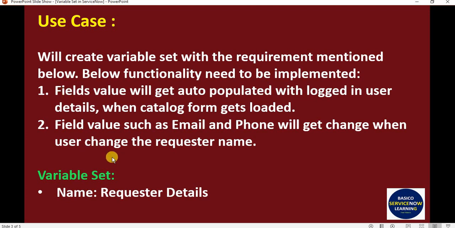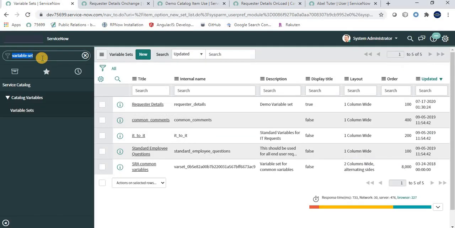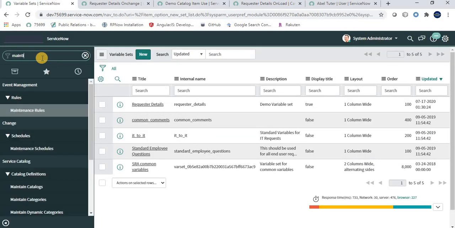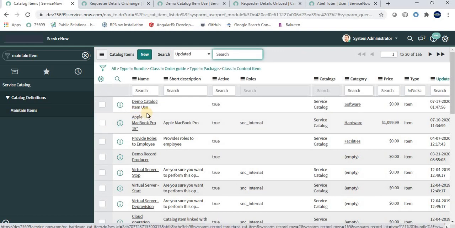Okay, so let's see how this variable set is reusable, because we have only used this variable set in a single catalog item, right? If you want to use this variable set in another item, you can go to maintain items. Earlier we created one catalog item like the demo catalog item.